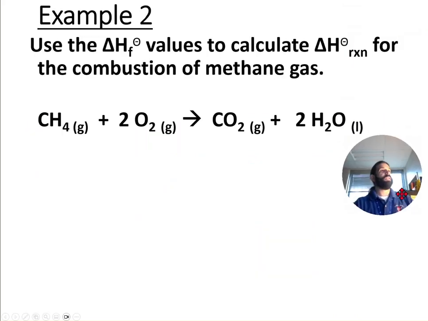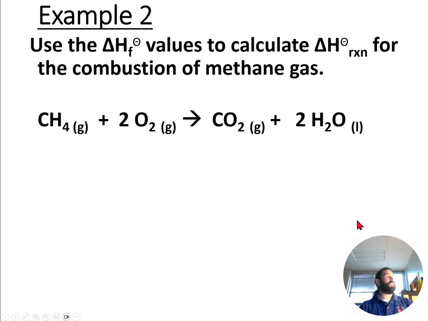All right, so here's an example of doing this type of calculation. It says use enthalpy of formation values to calculate the enthalpy change for the reaction for the combustion of methane. Note the states. Sometimes you'll see the water being formed as a liquid and sometimes as a gas. Here it's a liquid, so when we get the value from the data booklet,